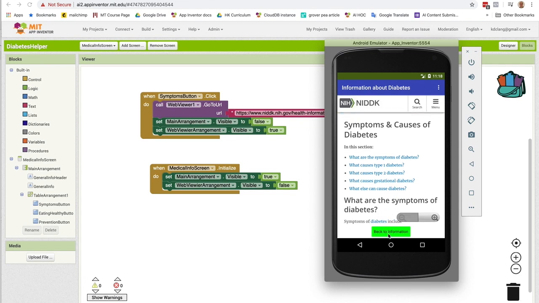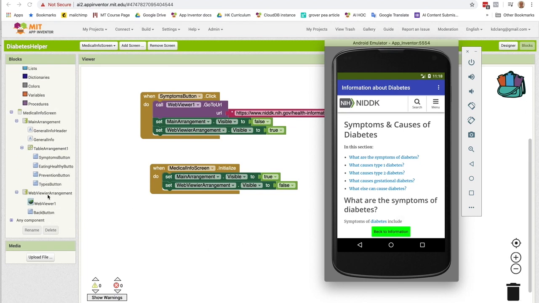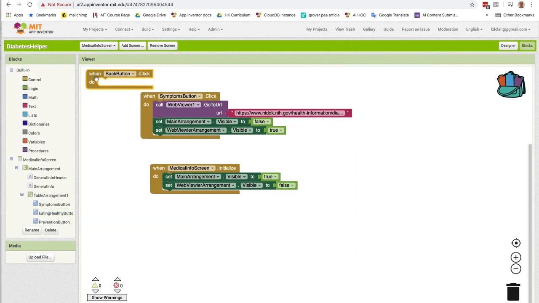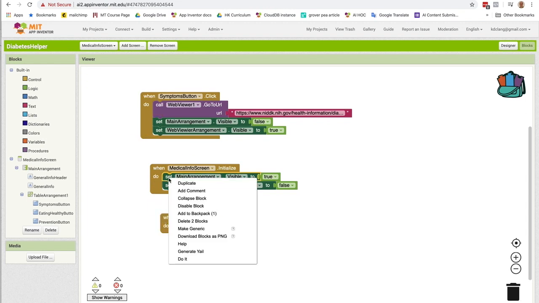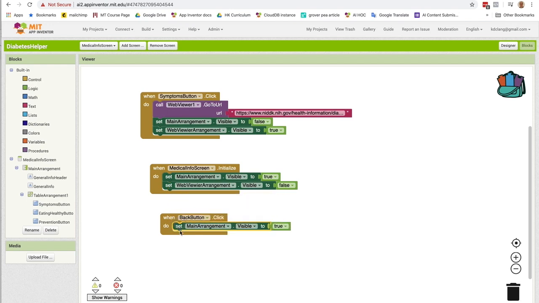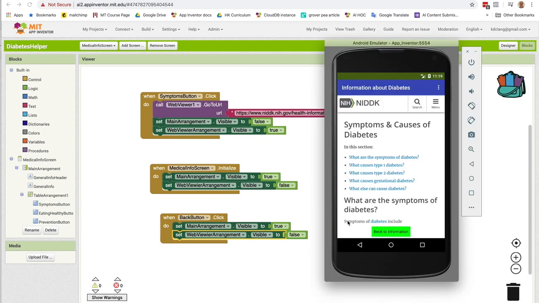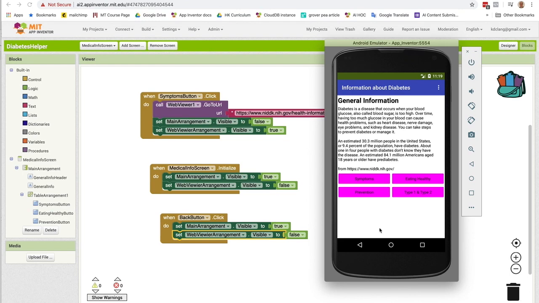Now I want to be able to go back to the information. So what I want to do now is go to my back button, and when back button click, basically I just want to reverse this and do the same as here. So I'm going to duplicate and duplicate. Okay, so let's check that again. So if I say back to information, yep, and then,